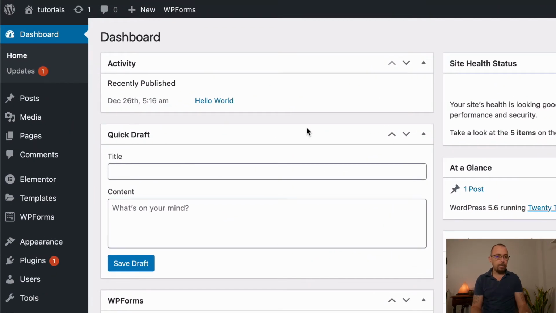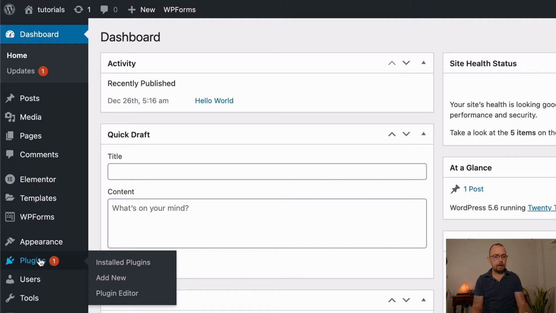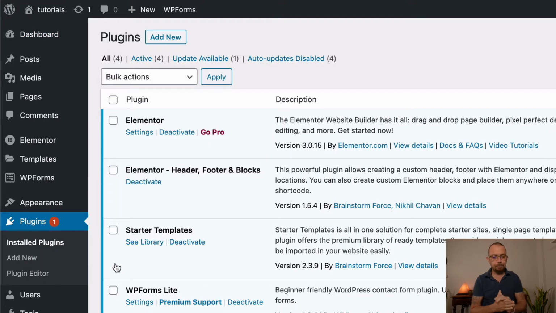So again, we come to our back end, to the WordPress admin dashboard area, and we come down to plugins, and we have a few options when we hover over. Installed plugins, these are the plugins that are currently installed on your WordPress. Add new, and then plugin editor. Add new is obviously add new. Plugin editor, you really want to be super careful. That area is accessing the code, and if you're not sure what you're doing, things can go wrong pretty quickly. So we're going to go into installed plugins and have a look at what that looks like.